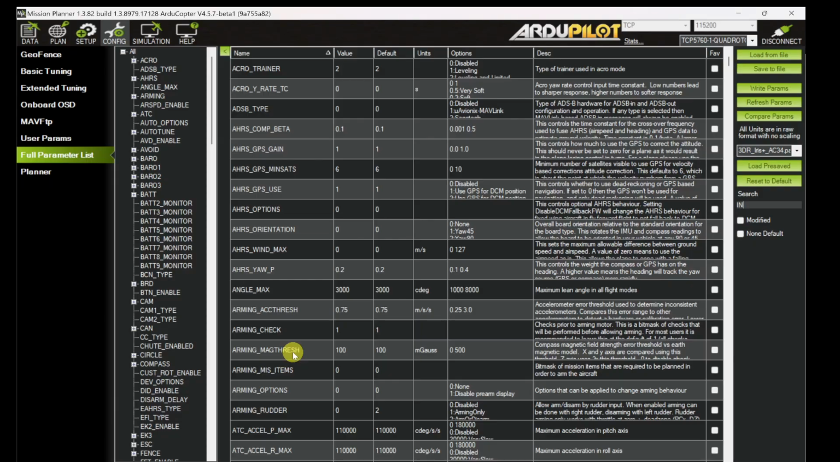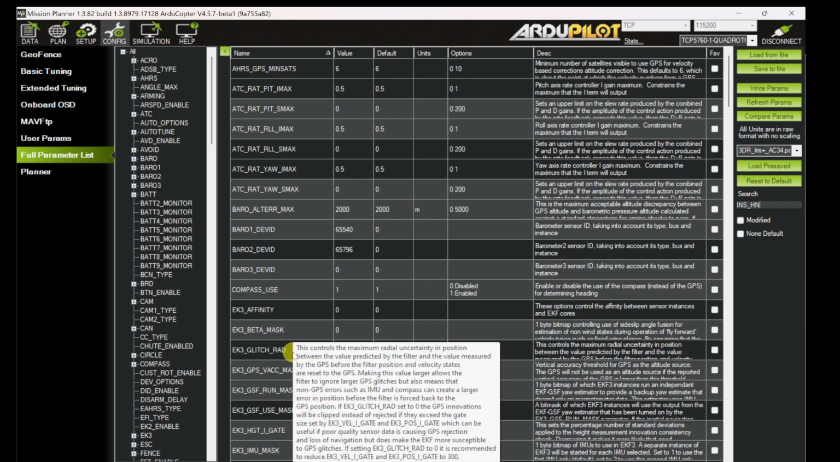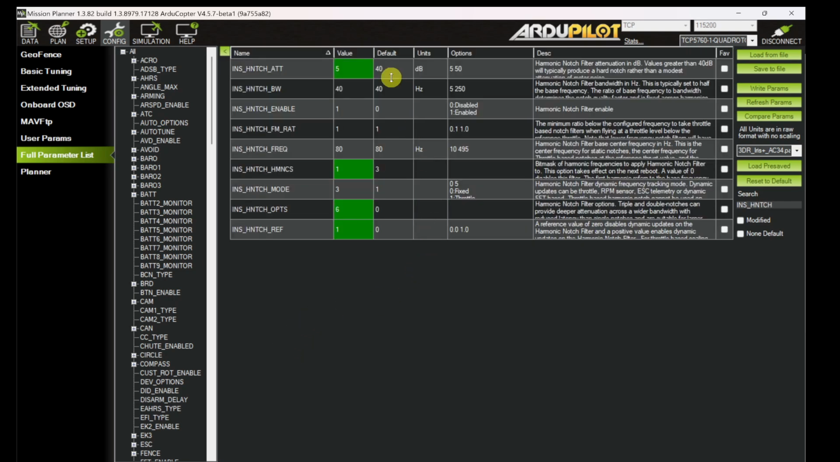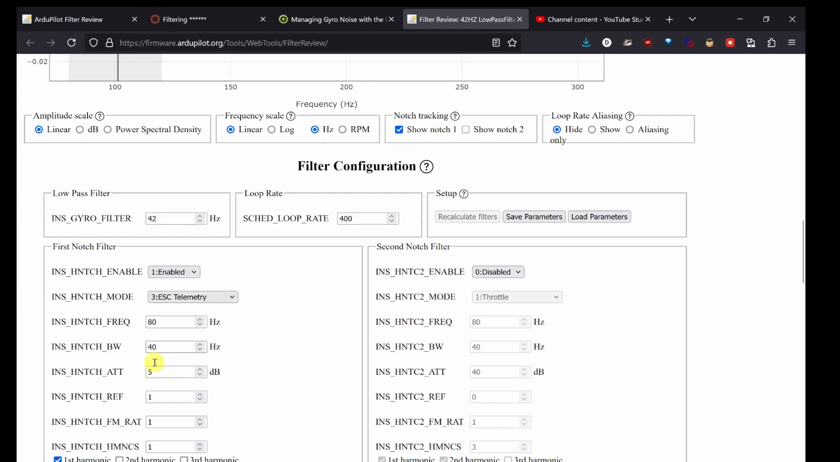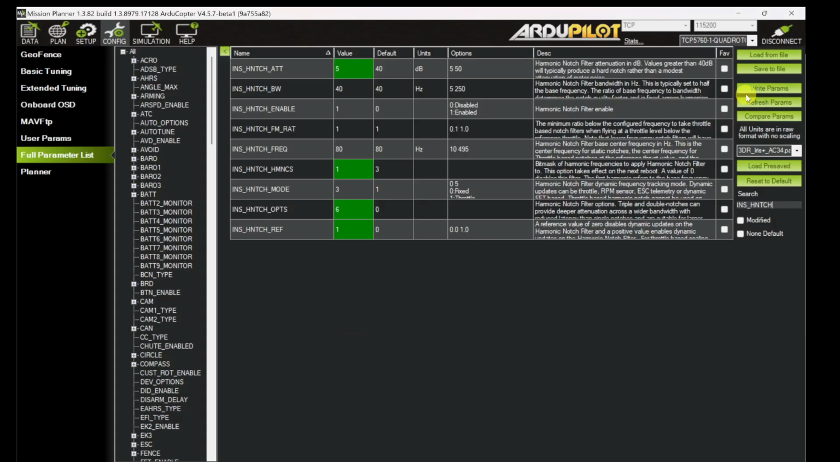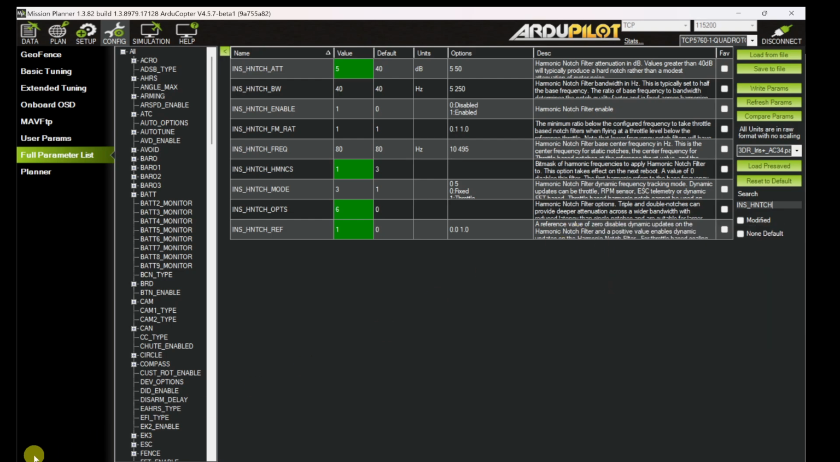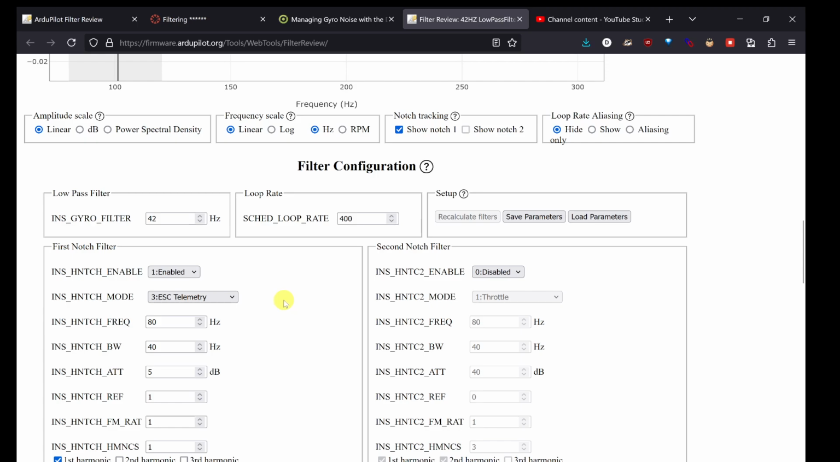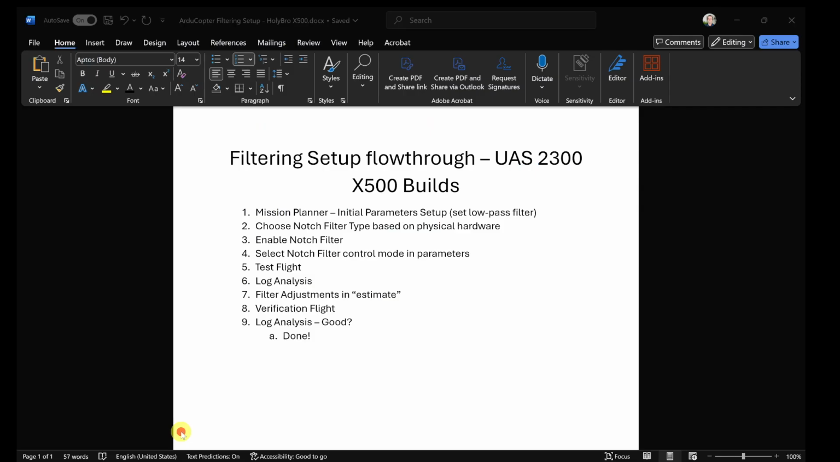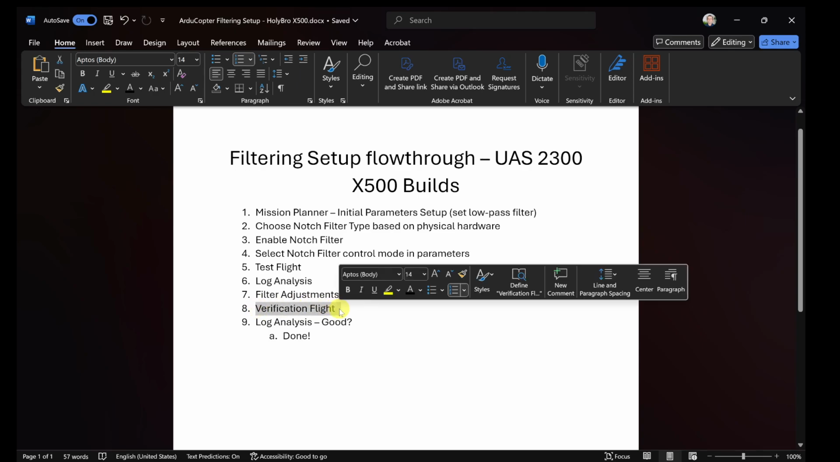Let's see here. INS harmonic notch bandwidth. Oopsie daisy. Okay, and now we can see that it has changed them. They're all green, right? It changed them from the defaults. So at this point, if you wanted to use those ones that you tested in the tool, you can just go ahead and say write params. And now you've taken the params from your estimated testing in the web-based tool and put them on your actual copter. You're then going to go fly the copter for the verification flight,